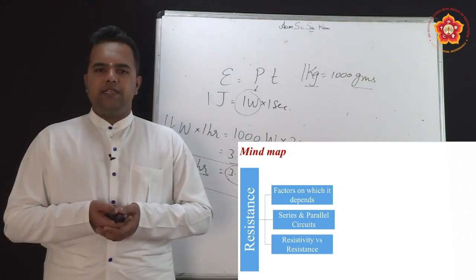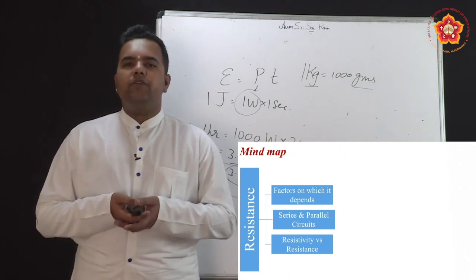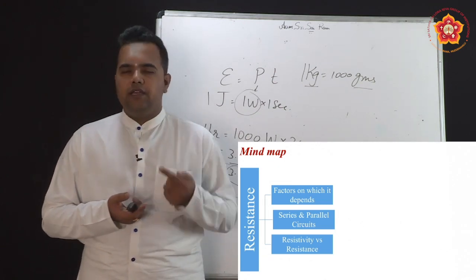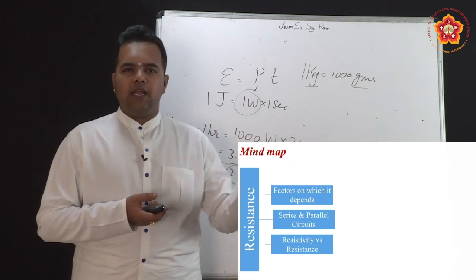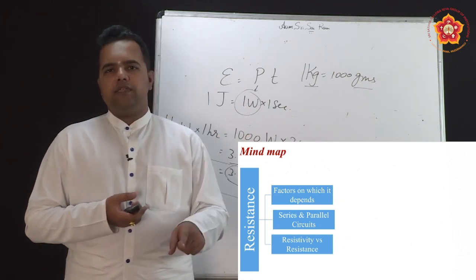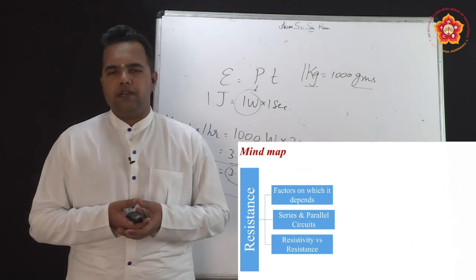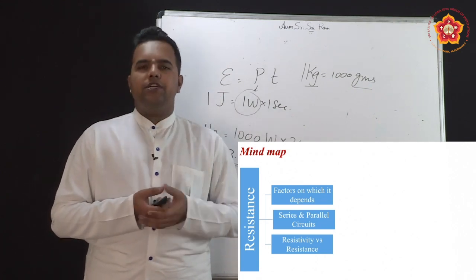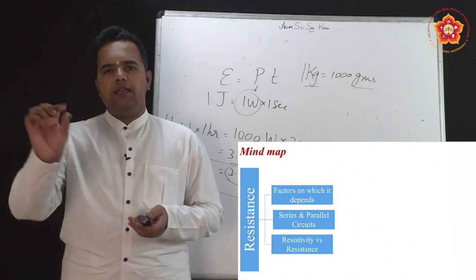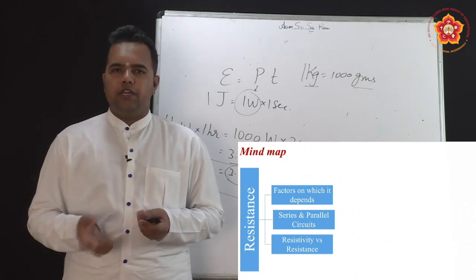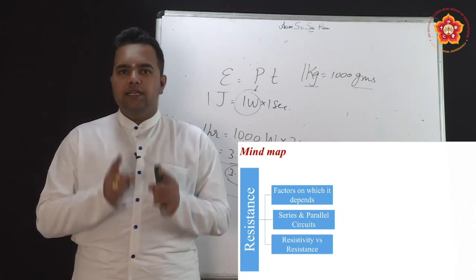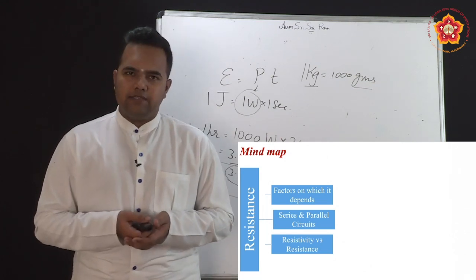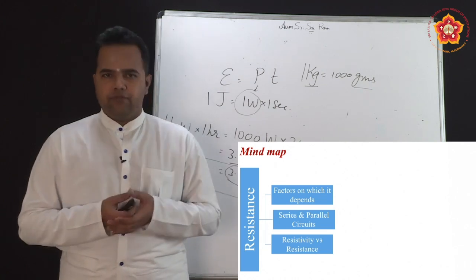In the second part on resistance, we have seen how we connect different resistors. One way is the series connection, end to end. Series connection means all the resistors are lined up, so one end of a resistor is connected to the other end of the next resistor. In parallel, all one ends are connected to one potential, the higher potential, and all the other ends are maintained at a different potential. So every resistor gets the same amount of voltage or potential difference. So this is the second module we have seen, series connection and parallel connection.